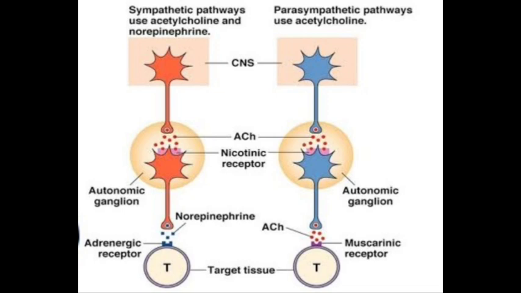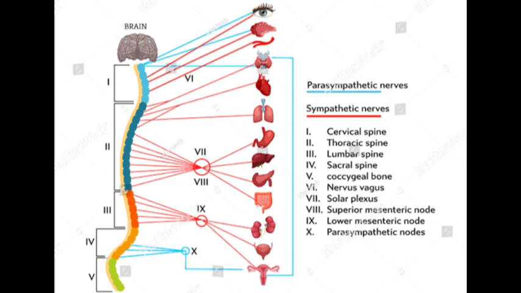Now I move toward the parasympathetic neurons. The parasympathetic preganglionic fibers arise from the cranial nerves 3, 7, 9, and 10, as well as from the sacral region of the spinal cord and synapse in the ganglia near or on the effector organs. The vagus nerve accounts for 90% of the preganglionic parasympathetic fibers in the body. Postganglionic neurons from this nerve innervate most of the organs in the thoracic and abdominal cavity. Due to the origin of the parasympathetic nervous system, it is also called the craniosacral division.